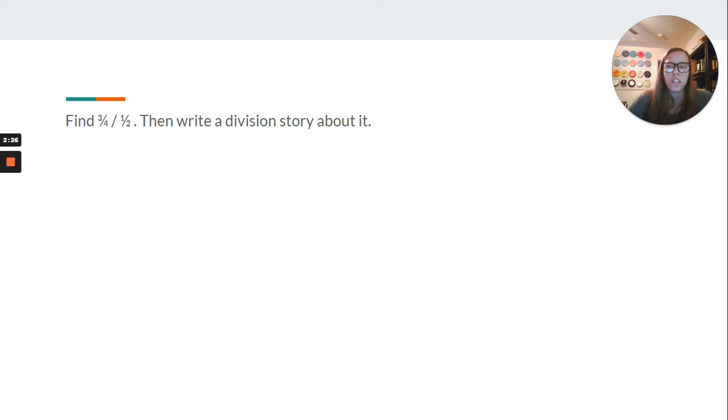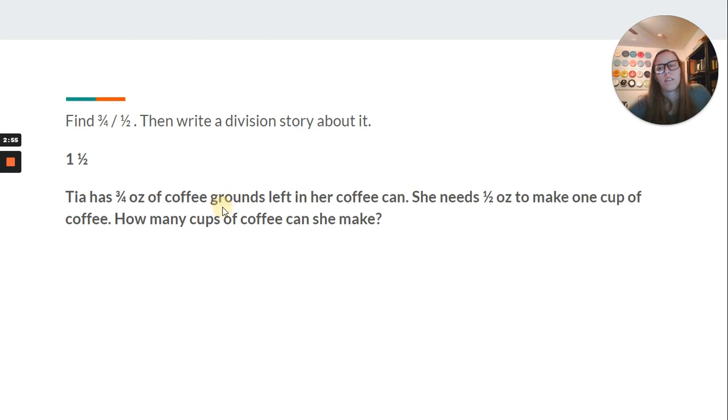We talked about division stories. So first we find what the answer is, 3/4 divided by 1/2, then write a division story about it. Remember, when dividing fractions, you take the first number times the flip of the second. So 3/4 times 2 over 1. 3 times 2 is 6. 4 times 1 is 4, excuse me. And we can leave that as 6 over 4, or write it as 1 1/2. And our division